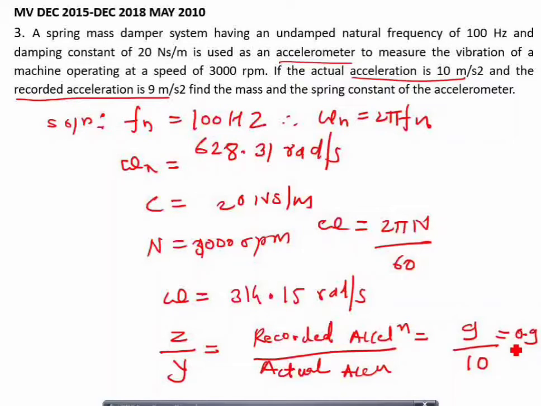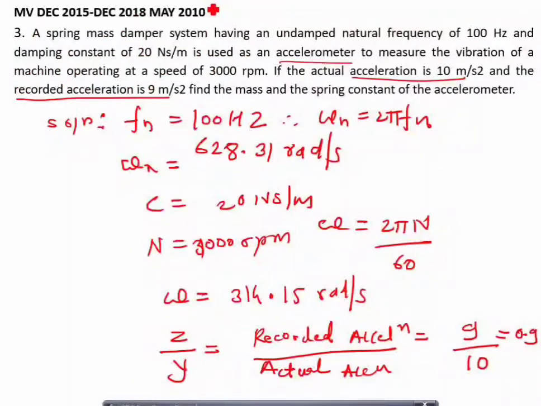In the earlier problem they gave the ratio z upon y as 1.02 or 0.98, so we selected 0.98 depending on the value of zeta. Here they have directly given that z by y is 0.9. It is not crossing the line of z by y equal to 1 again, so obviously the value of zeta will be close to 0.7. That value we will calculate now. This is the data given for this particular problem.